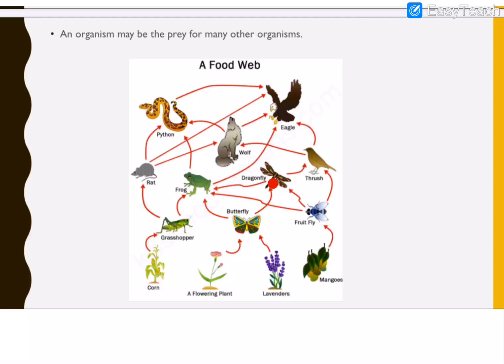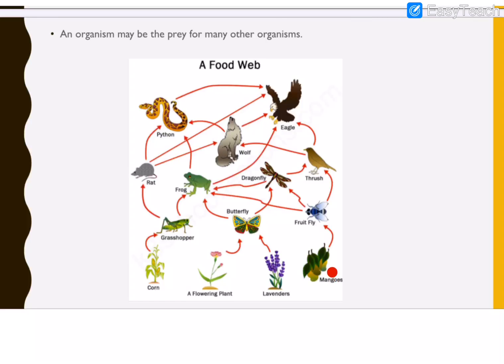Also fruit fly and dragonfly are consumed by frog. You can see what all things frog can eat. Frog eats grasshopper, butterfly, fruit fly, dragonfly, and you can see butterfly is also consumed by frog and a dragonfly. And mangoes, you can see another